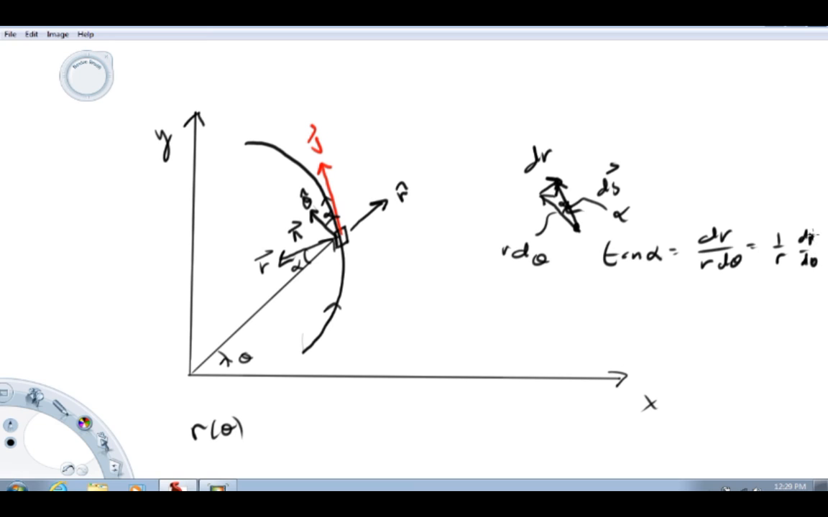So in this example, presumably I know r as a function of theta. 1 over r dr d theta would allow me to find alpha and then move on with the free bodies and writing of the Newton's second law equations. So I'll try to work out some examples here that illustrate this,